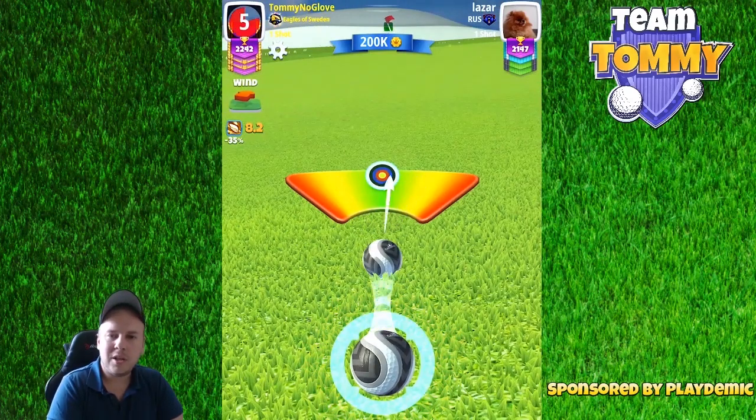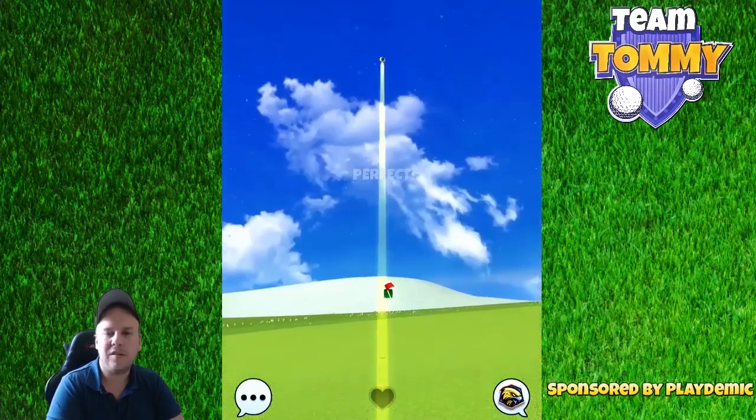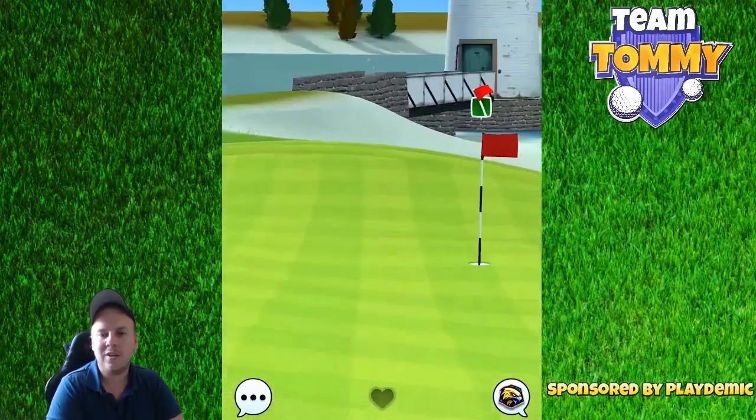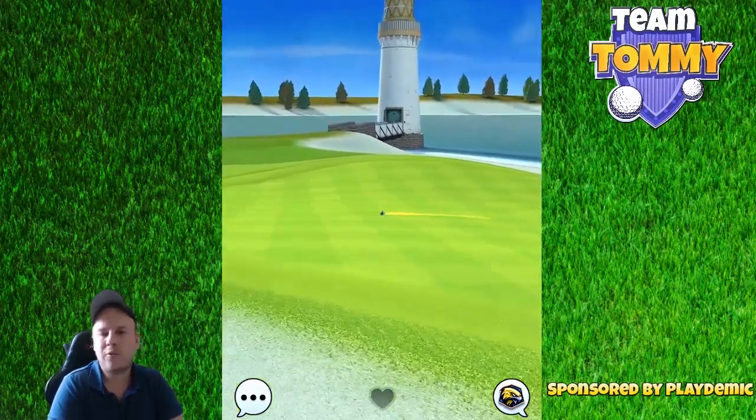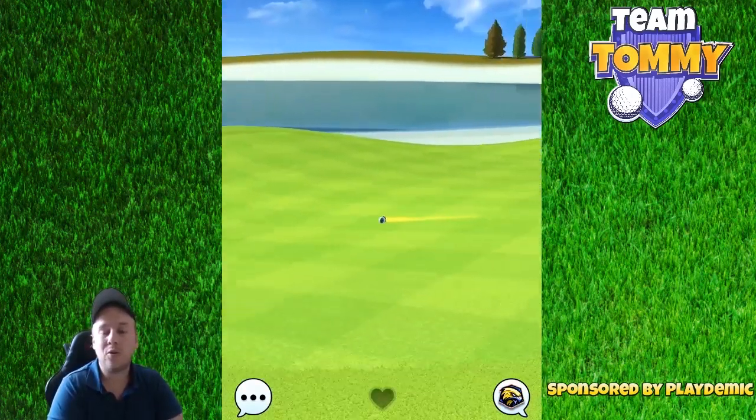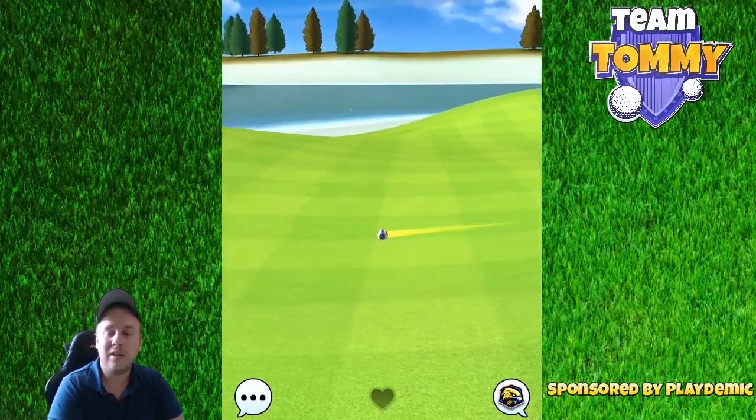And when it's so much uphill here, it's very important that you aim for the back end of the cup, as you have a tendency to go short and then hit the pin and then fall back. But then this green, it doesn't really matter if you go short or you go long, you're still going to...